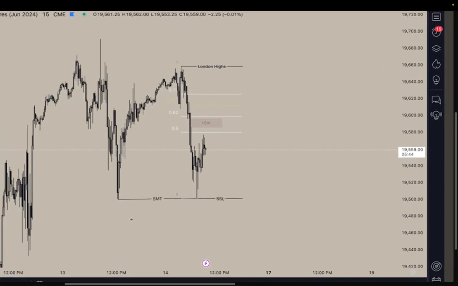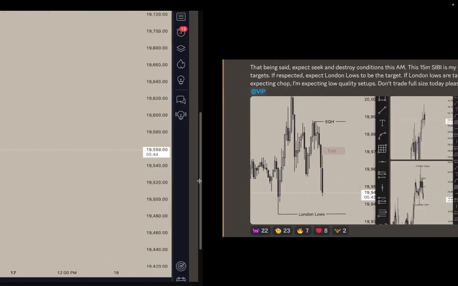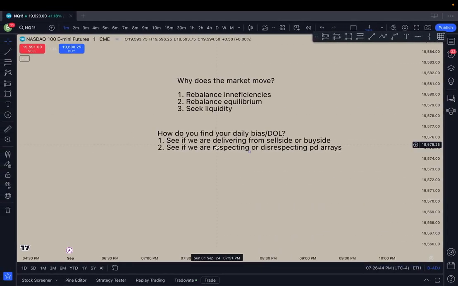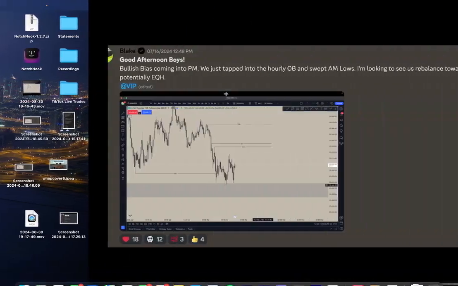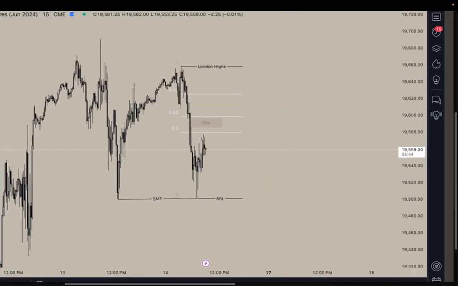Right, we have an SMT at this low, right? So we are delivering from sell side liquidity, right? ES took out this low, right? So what are we doing? We're delivering from sell side. Why is the market moving, right? The market is moving here to rebalance inefficiencies and to rebalance equilibrium, right? So 2 and 1 here. And